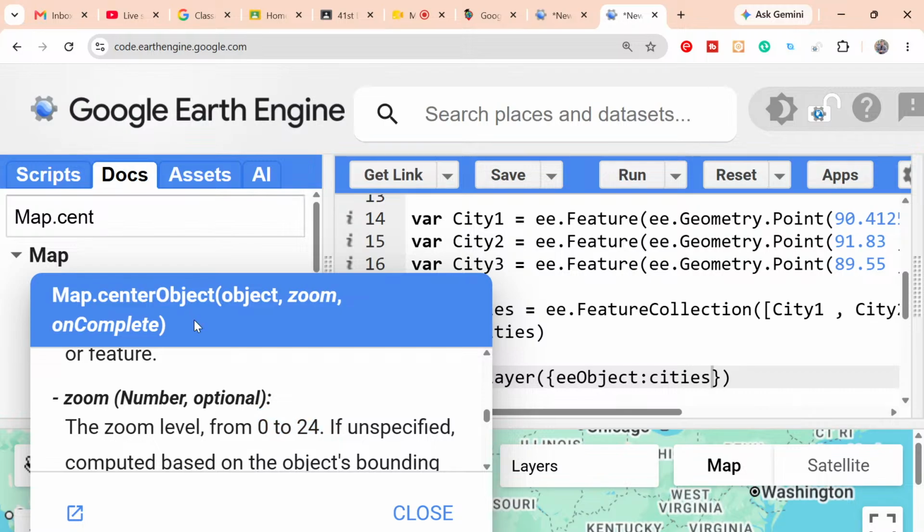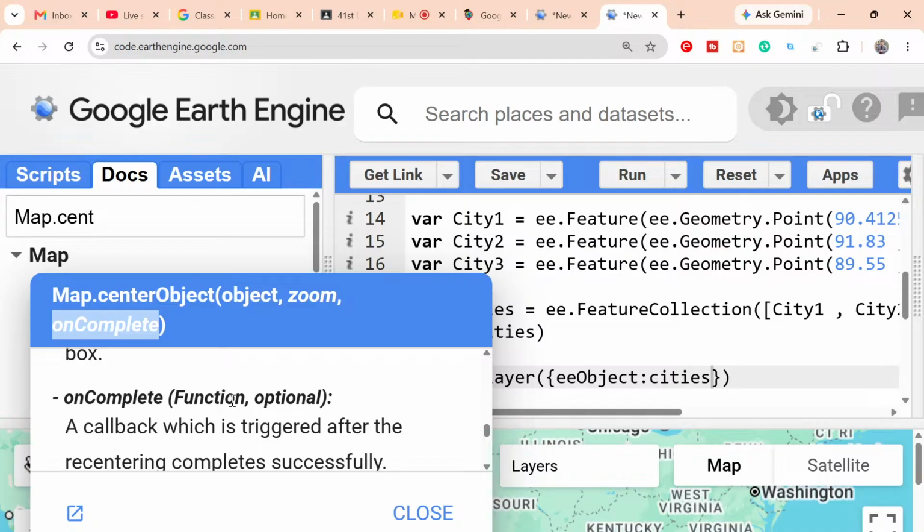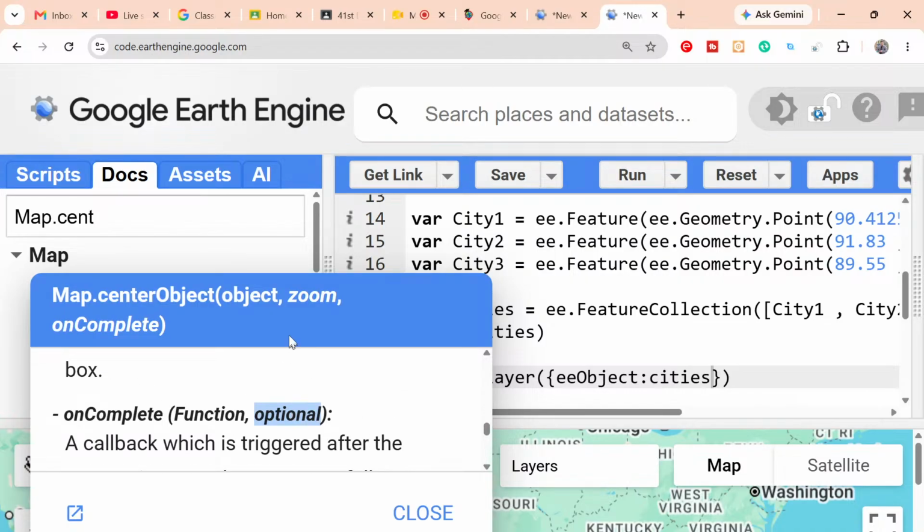I just use it, and you can see zoom is optional. onComplete is optional too. If I ignore both of these, there is no problem. But this object is very important. You must use it. So I just copy